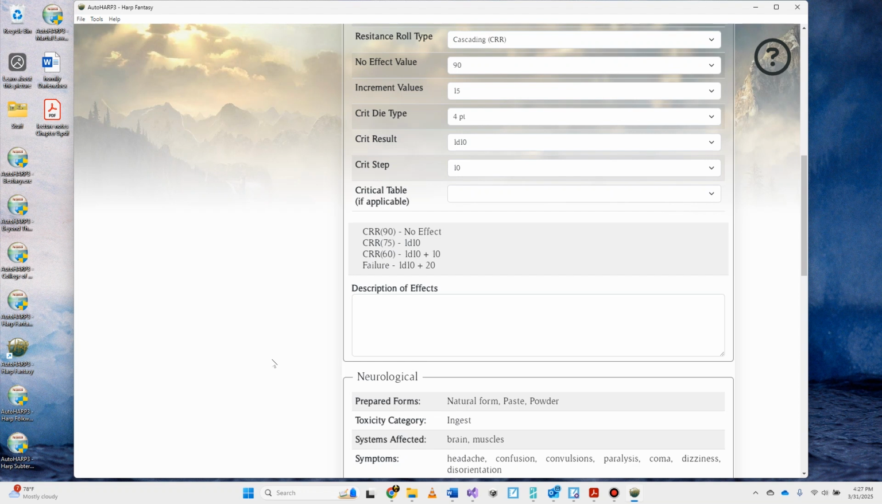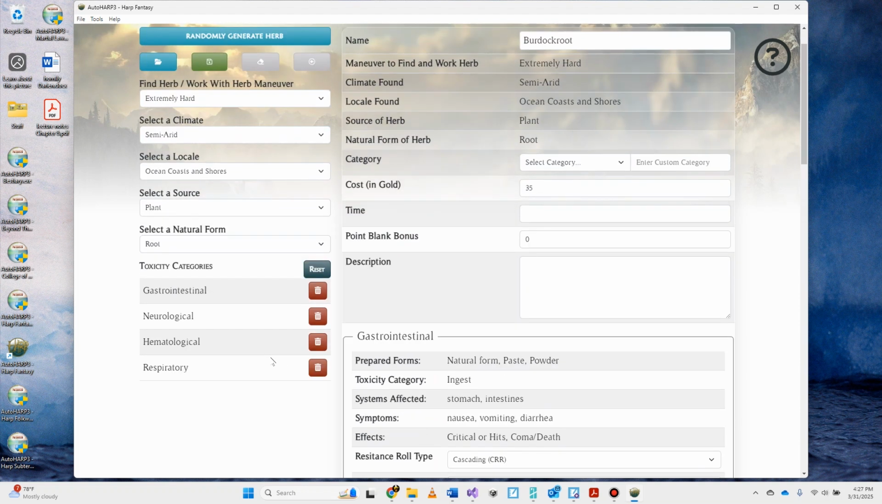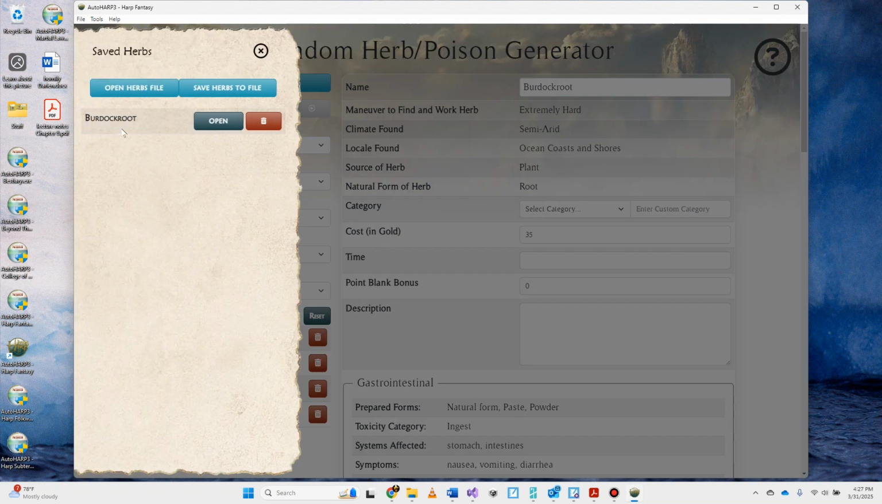But for the most part, you're probably not going to make too many changes, because this does in fact do a pretty good job of randomly generating the herb. It comes from the rules that are used in Subterfuge. If you like what you see and you're good with this, you can always click save. What that's going to do is take this name and save it to this particular